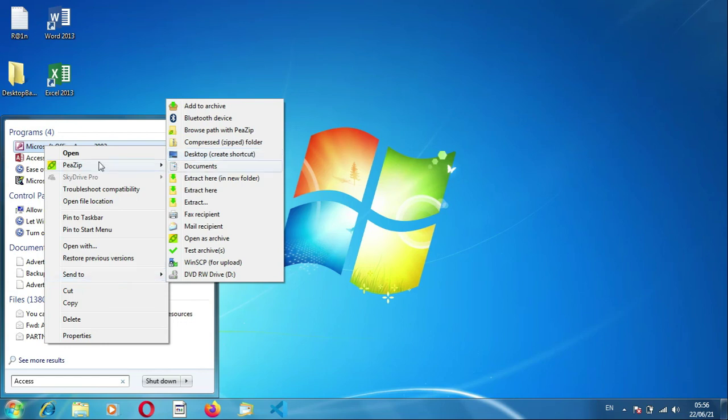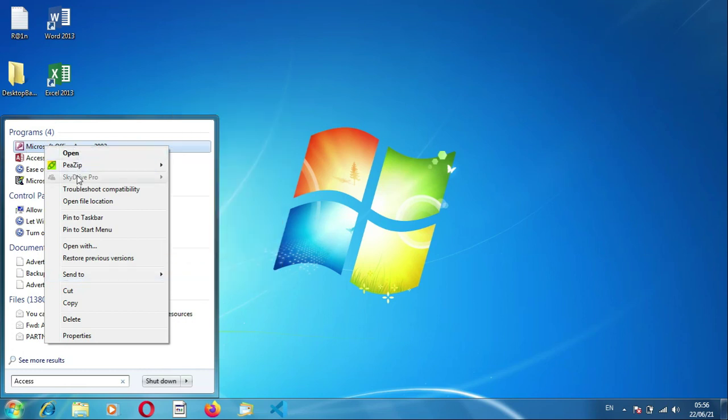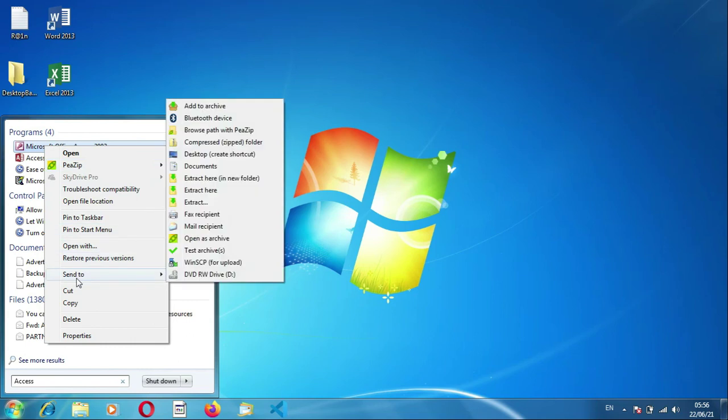So again, we right clicked on the program that we want to create a shortcut for. Then on the shortcut menu, look for Send To, then move to the right, then look for Desktop, Create Shortcut. Click on it,